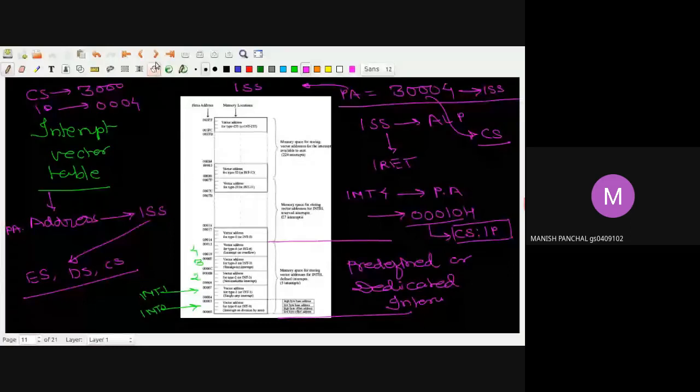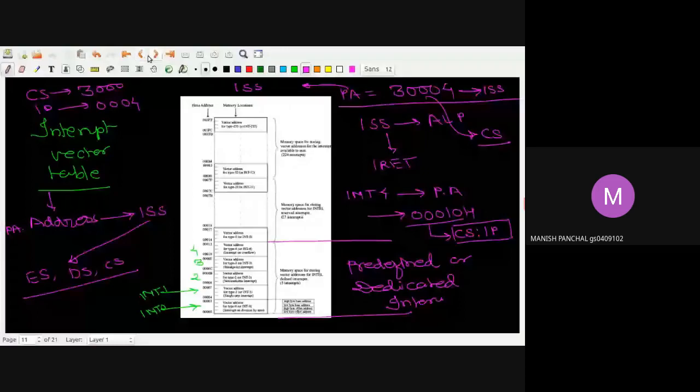Okay, above that you can use the segments, just like code segment, data segment, extra segment, stack segment, whatever segment you want. You just put the value into it and you can write your program. We will do one program for that, don't worry. It is clear till now? Any question in this case?